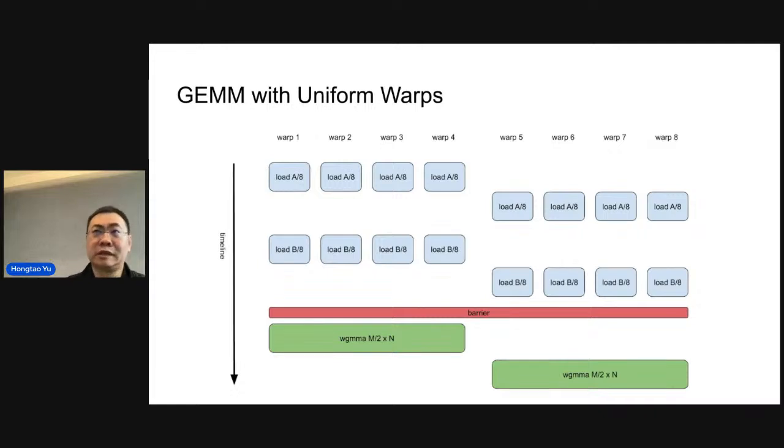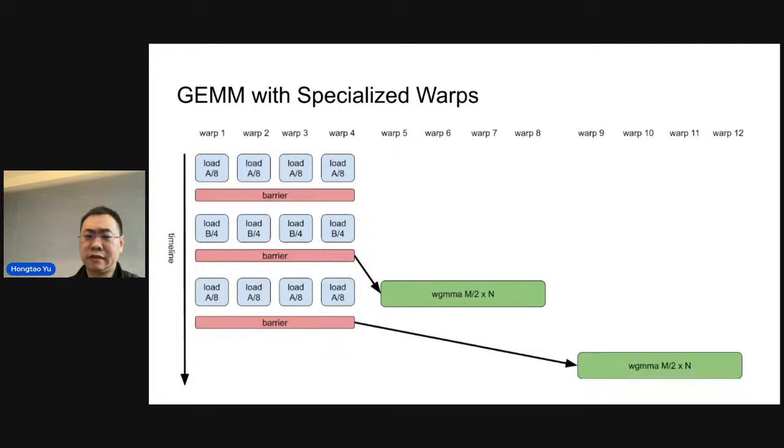This model is quite effective for GEMM kernels, which are relatively simple, but it might be challenging to go with more complicated kernels that have multiple loads and multiple MMAs, where how to schedule, when to schedule, and how to reorder the instruction sequence is going to be a bit challenging. You're going to compute the right timing for each instruction to be issued when they are ready to be issued. And with warp specialization, we generally simplify this problem by separating